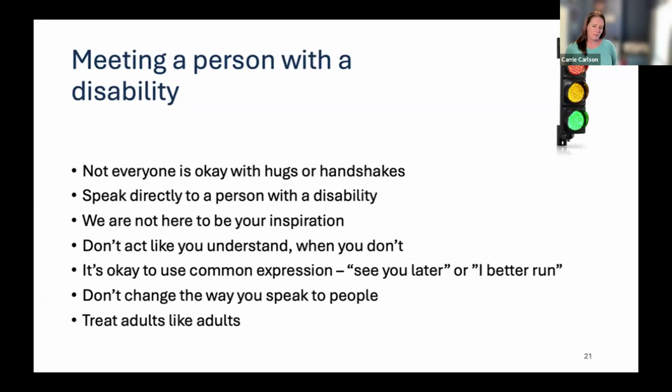But I do have the stoplight here because it says not everyone is okay with hugs or handshakes. I know that the Tennessee Disability Coalition started having our name tags at DDH have red, yellow, or green representing if we're okay with hugs, handshakes, that type of thing. Yellow is I'm okay with you getting close to me, but I don't want you hugging me, or just keep your distance. And then green is, you can just hug me or do whatever, right? Not whatever, but what is acceptable between you and that person.